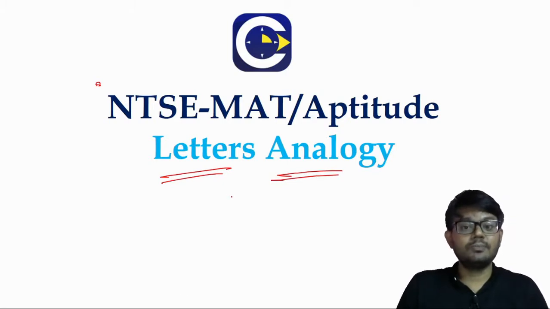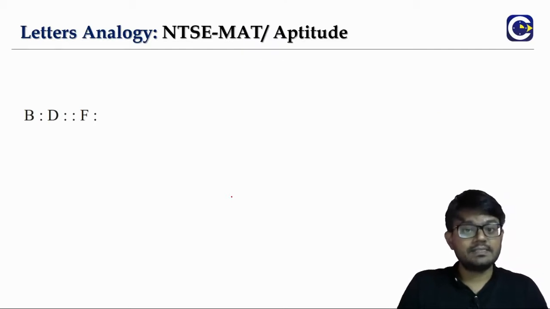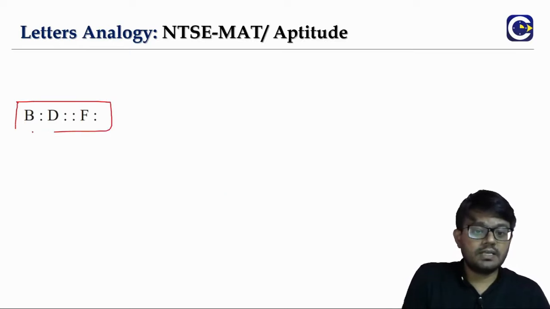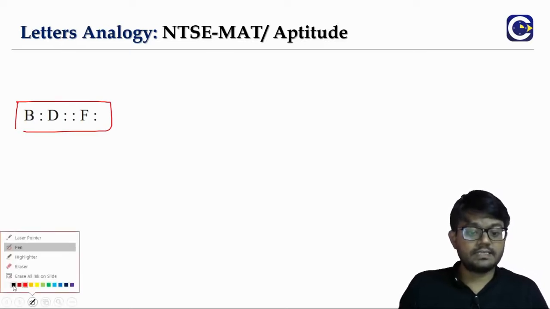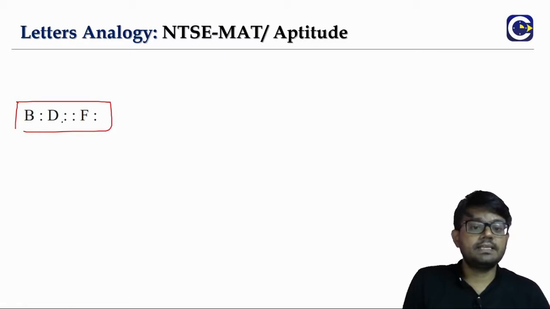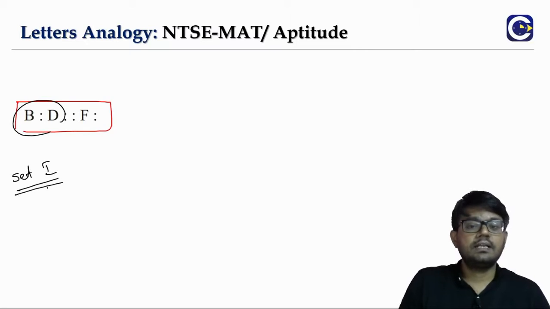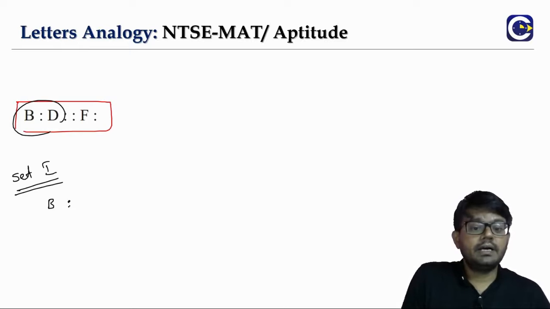So what does analogy mean? It is looking at the relation or the correspondence. Those who are following this analogy video series will easily understand why we have a question like this, or rather what is the meaning of this representation. For the benefit of others, see here, what it basically says is we have a set 1. What is there in the set 1? B and D.